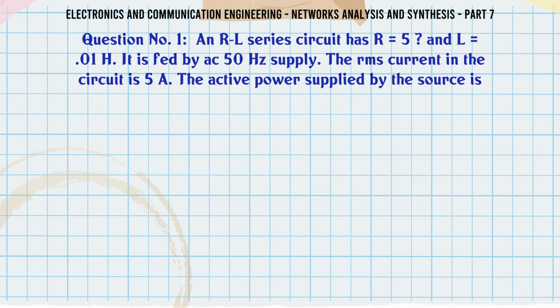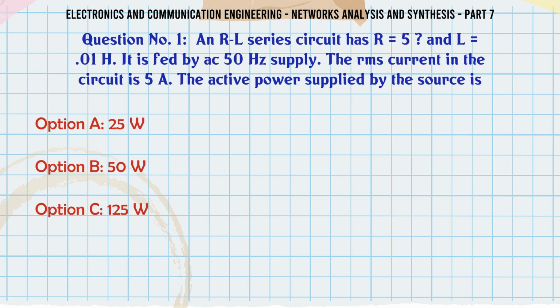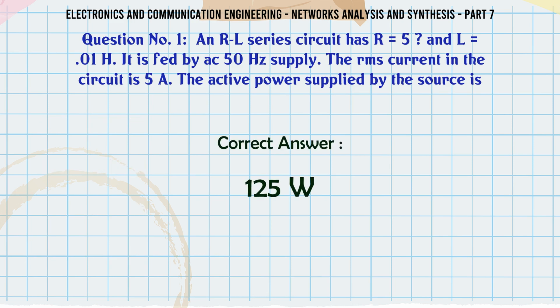An RL series circuit has R = 5 Ω and L = 0.01 H. It is fed by a 50 Hz AC supply. The RMS current in the circuit is 5 A. The active power supplied by the source is: A, 25 watts; B, 50 watts; C, 125 watts; D, 250 watts. The correct answer is